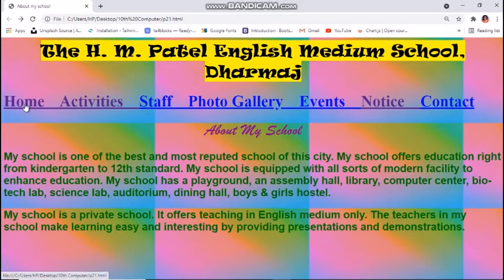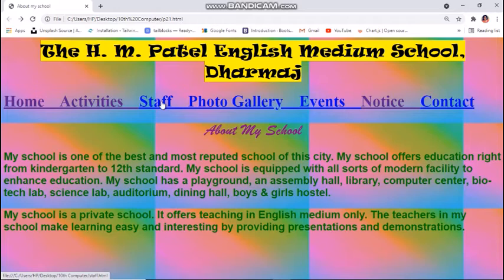Children, these three links, home, activities and notice, are underlined and of purple color, which tells us that they are visited links. These four links, staff, photo gallery, events and contact, are underlined and of blue color, which tells us that they are unvisited links.